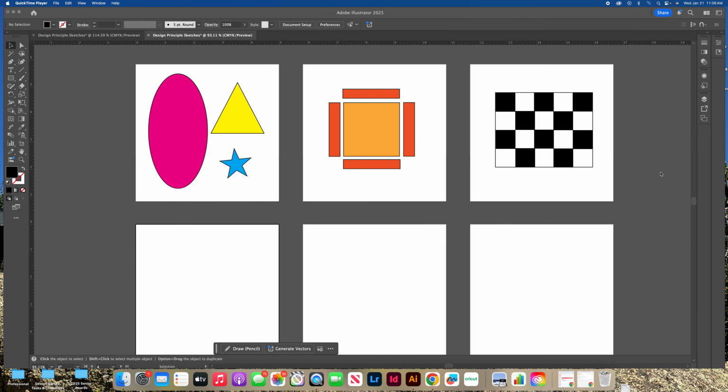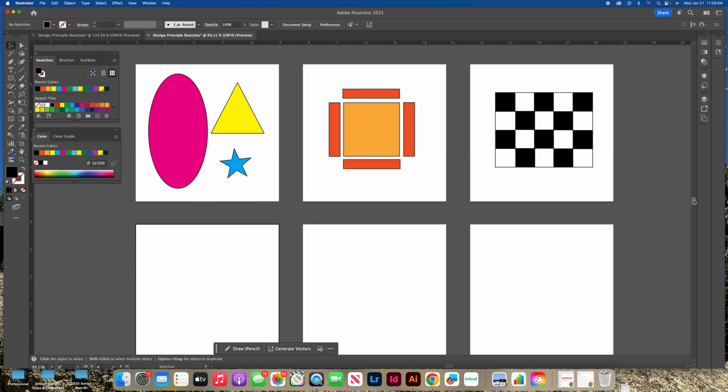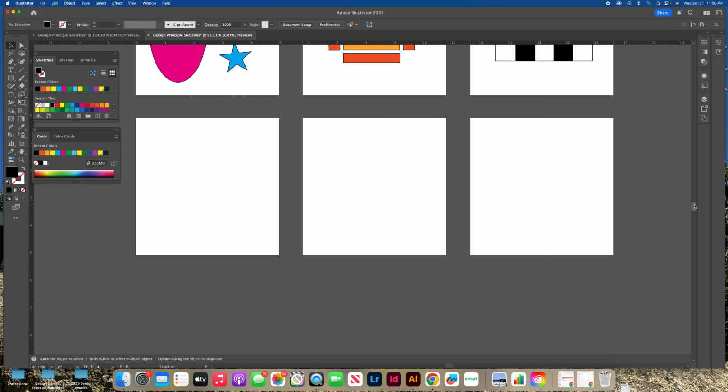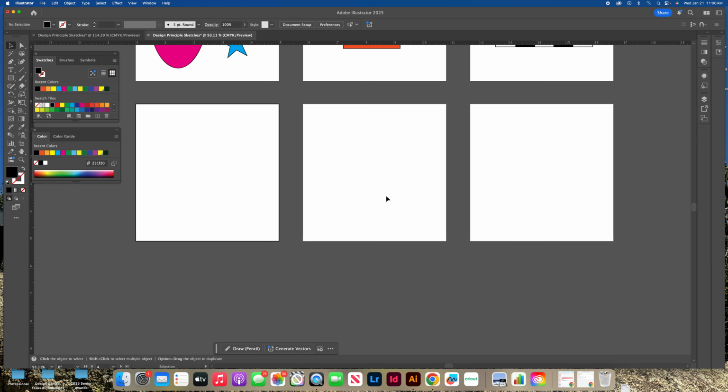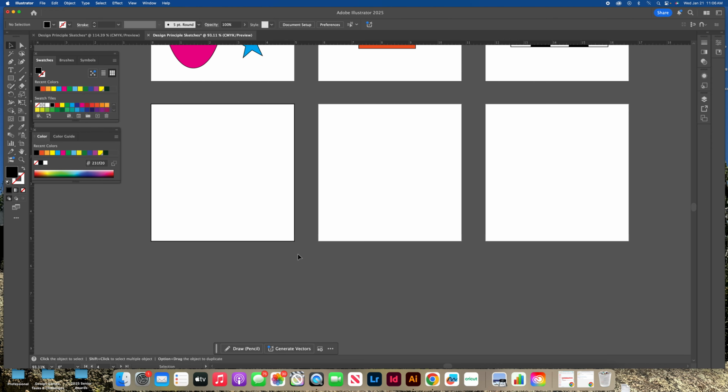Back, and we are going to now work on the last 3 design principles. So I'm going to go to this slider on the right hand side of my screen, and I'm going to move the artboards up just so I can see them a little better. I'm really old, and so this helps me a little bit. And we're going to use artboard 4. So this was 1, 2, 3, and now we're on artboard 4, and we're going to work on the design